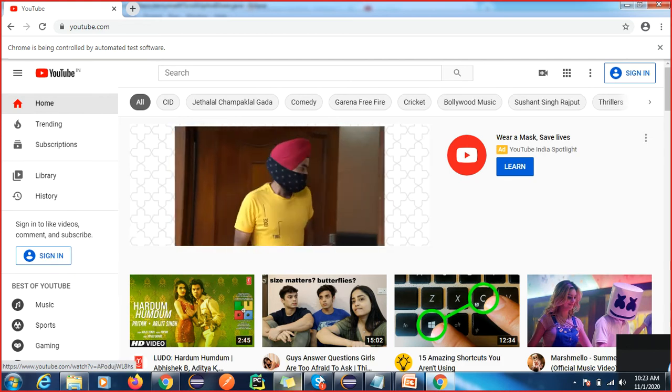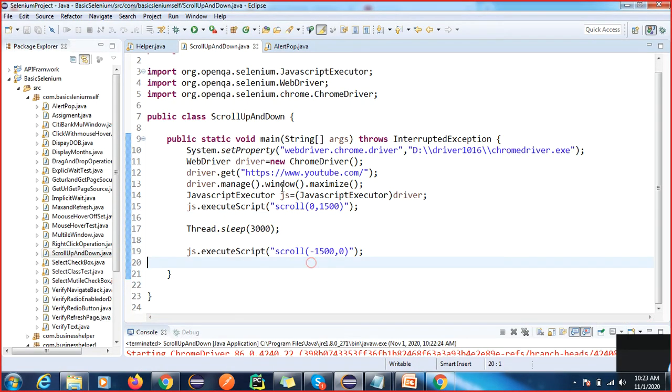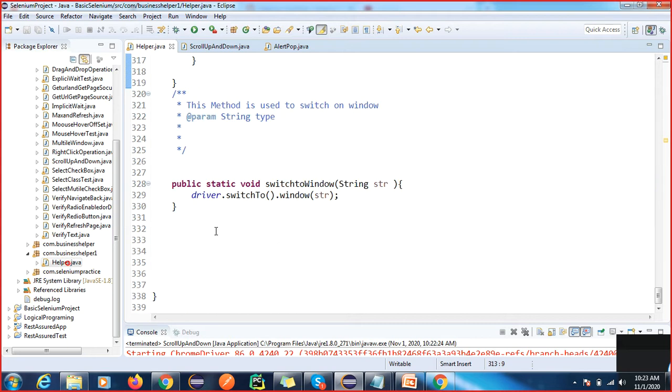So now I'm going to create the helper class. Again we can go inside this helper class, scroll, public static void windowScroll.